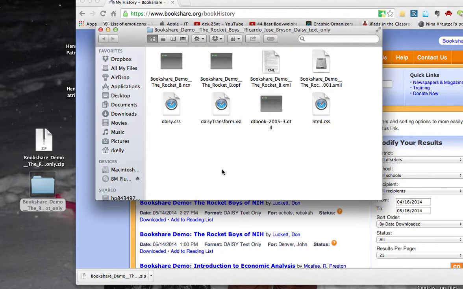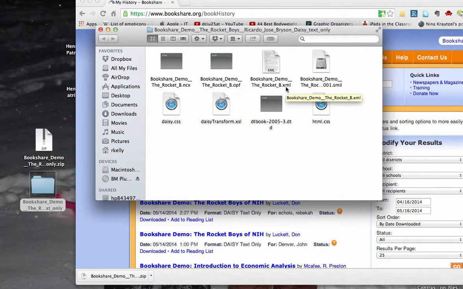Depending on what type of reader you are using, if you're using one of the free readers that you are eligible to download from Bookshare, you're going to use this file right here, this .opf. It will work with the Bookshare edition of Read Out Loud. It also works with the Bookshare edition of VictorSoft Reader. If you're using Kurzweil or Read and Write Gold, you are more than likely going to be using this .xml